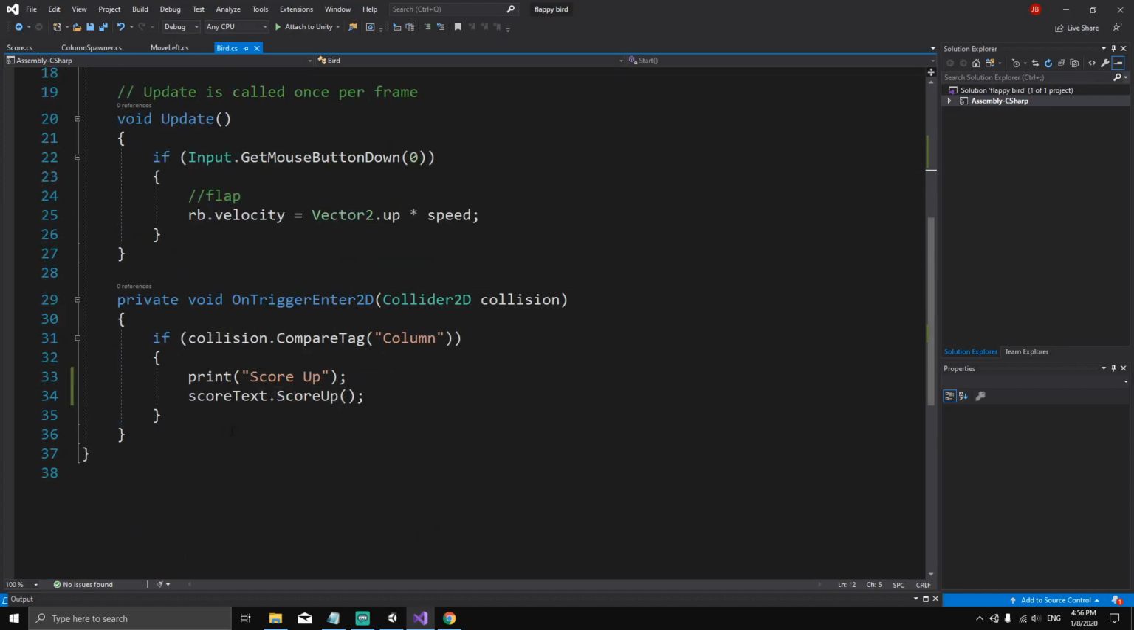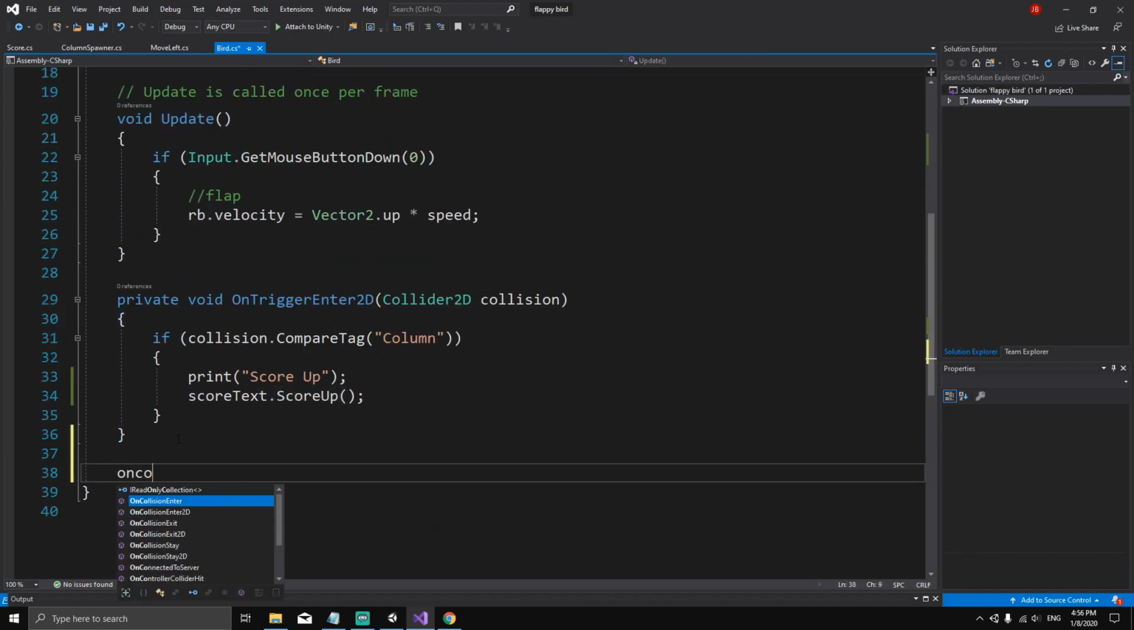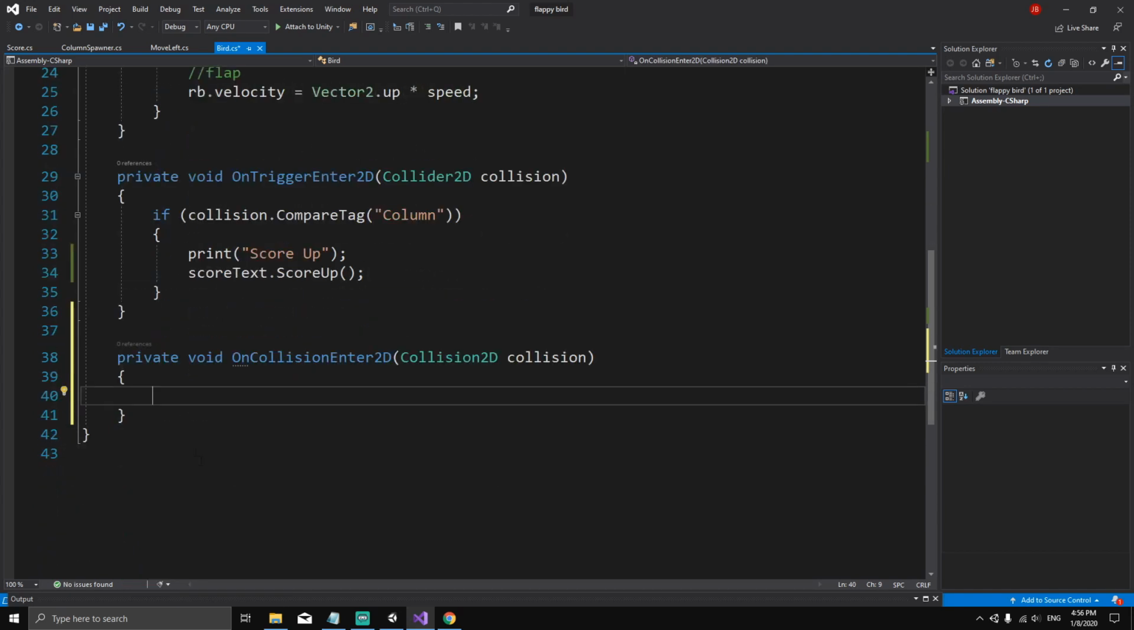So we're gonna go to the bird script, and after the OnTrigger method, we're gonna define the OnCollisionEnter2D. So hit enter, and this is the OnCollisionEnter2D. This will detect whenever the bird collides with another collider. So if we trigger the column, we want to score, but if we collide with the pipe, we're gonna check if